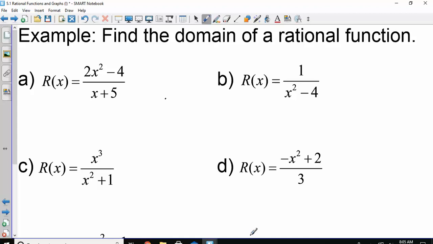So for A, if I'm trying to find this domain, we just look at the bottom, and we say that x plus 5 cannot equal 0. So if we subtract over our 5, then x cannot be negative 5. So how would I write that in interval notation? Everything except negative 5, so that would be